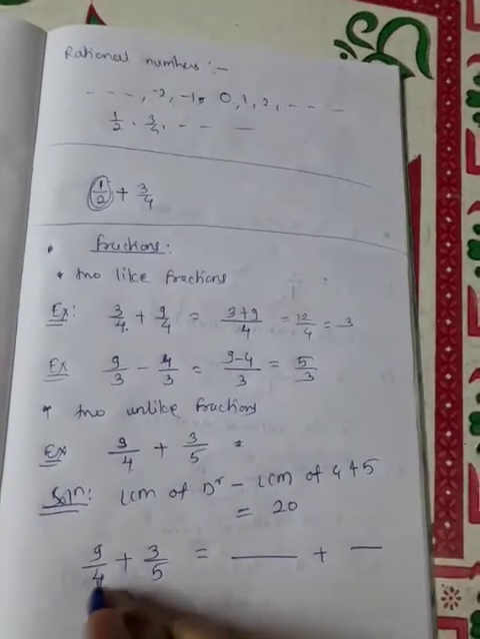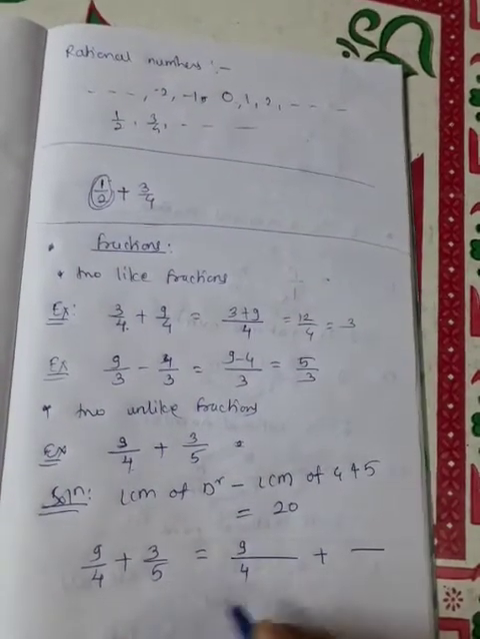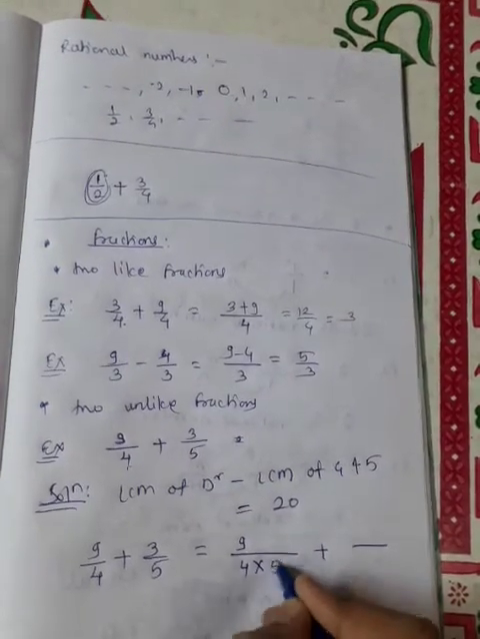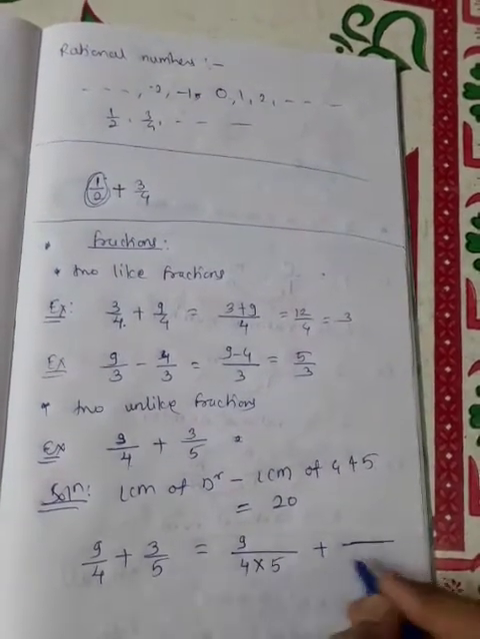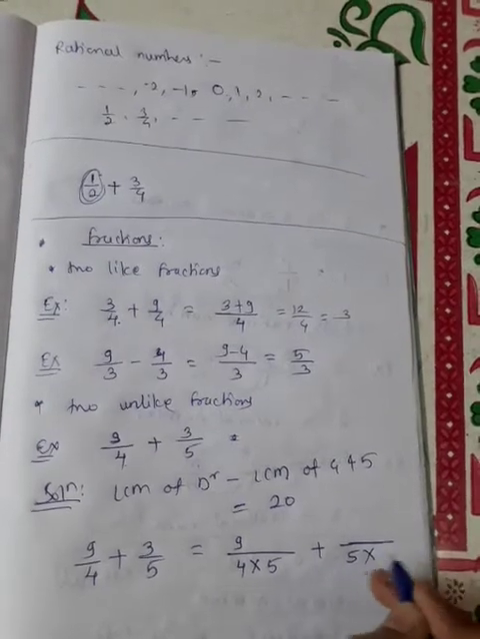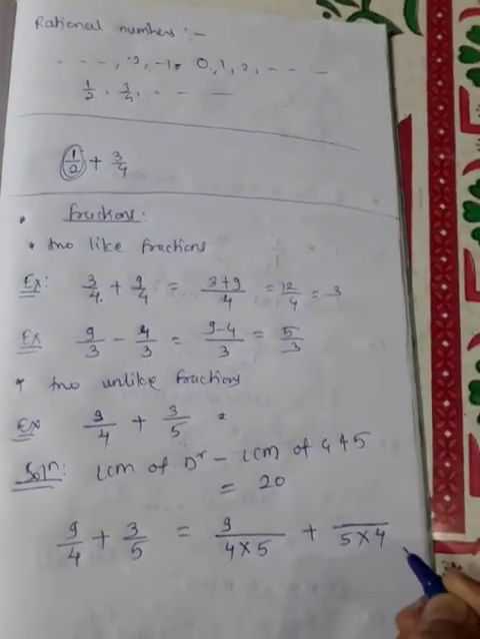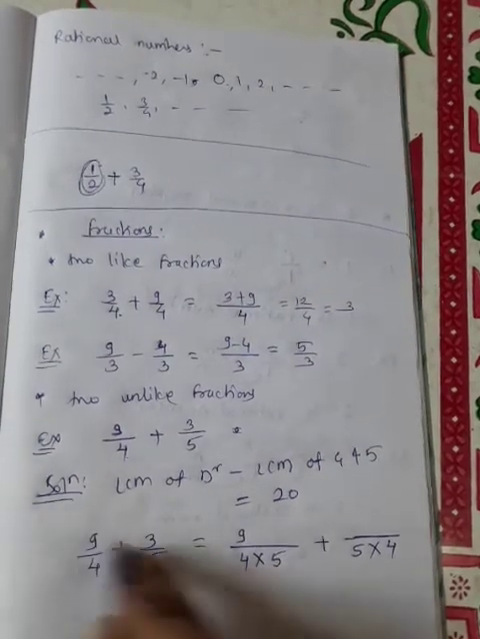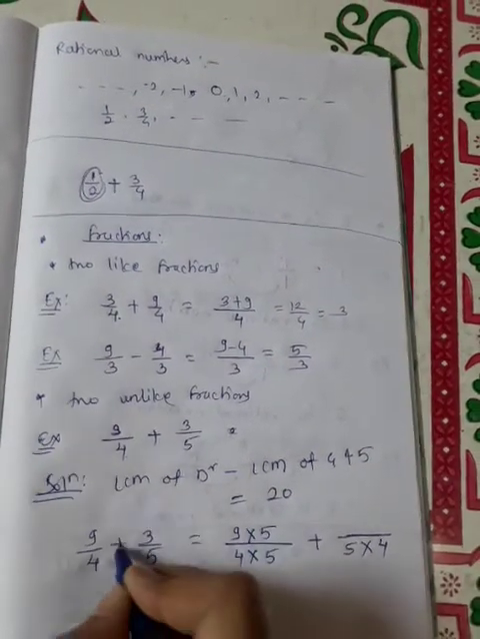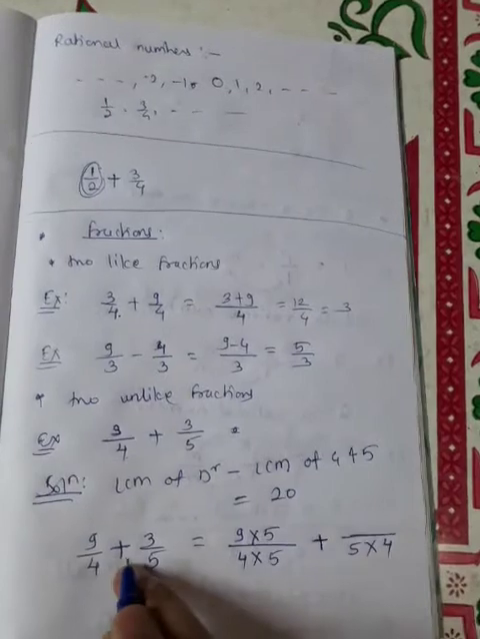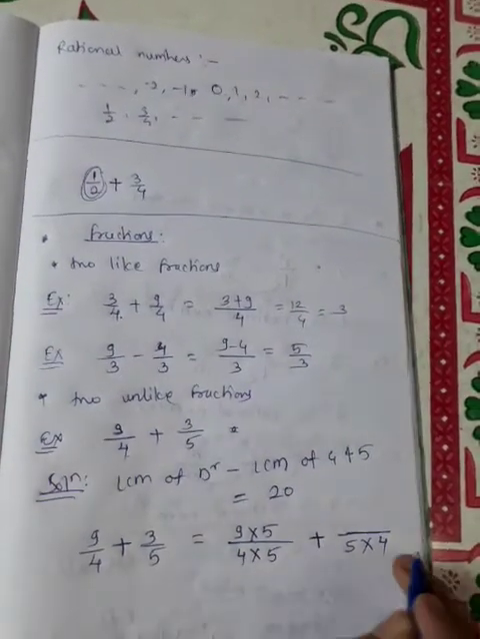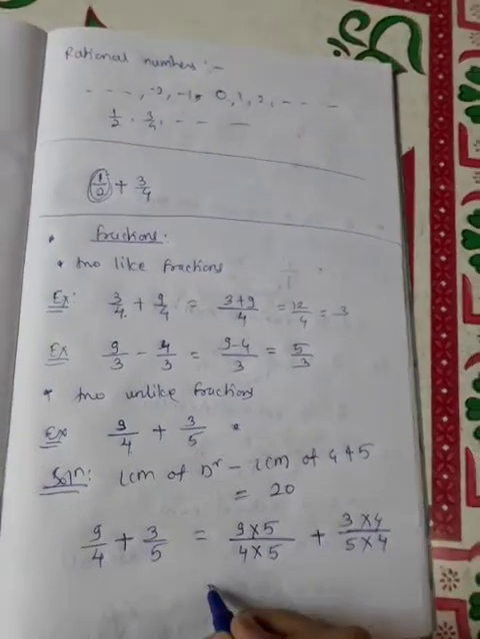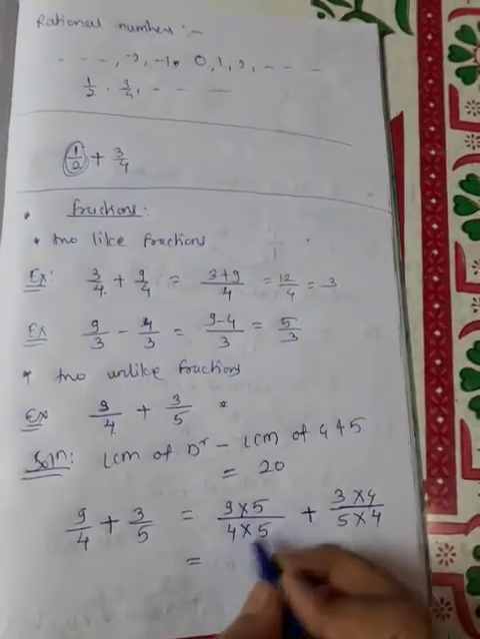Okay, so see here, first we take 9 by 4, and to make the denominator 20 we must multiply 4 by 5. And here, to make the denominator 20 we must multiply by 4. As we multiply the denominator by 5, we must multiply the numerator by 5. This plus sign stays as it is, and as we multiply the denominator by 4, we must multiply this numerator by 4. Now do the calculation, we get,